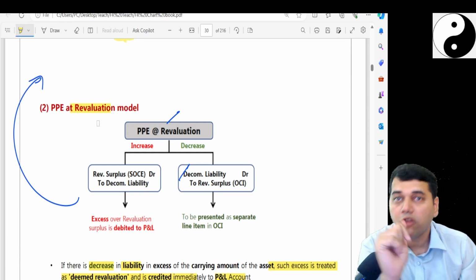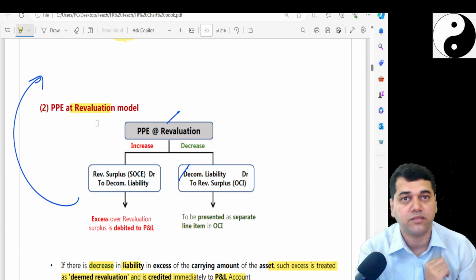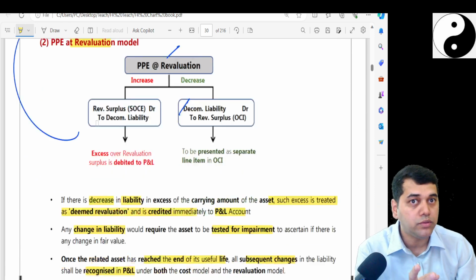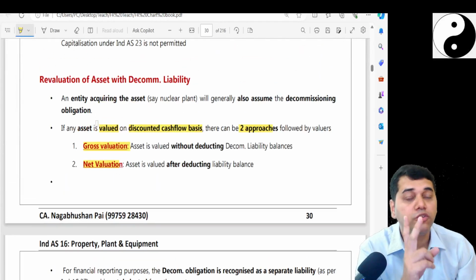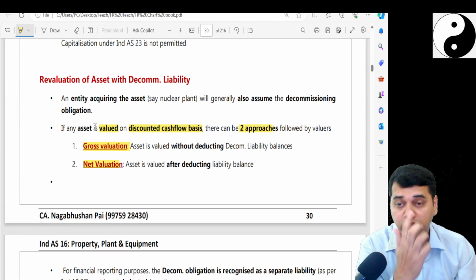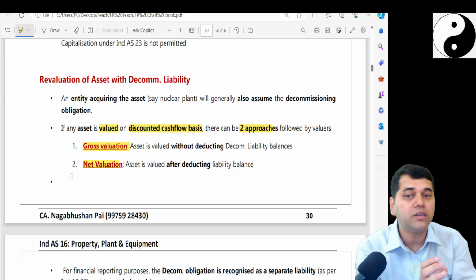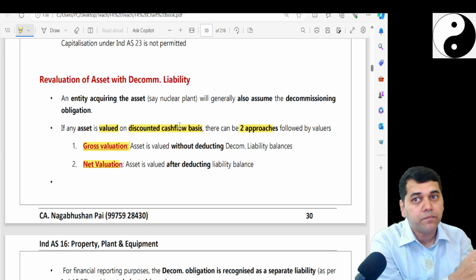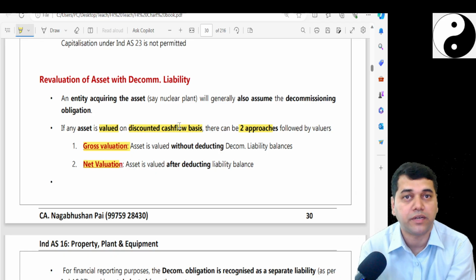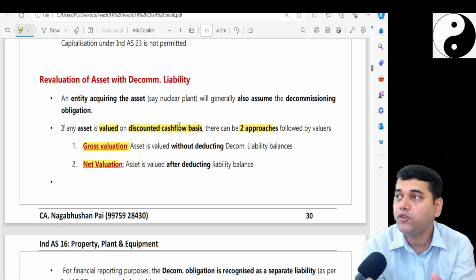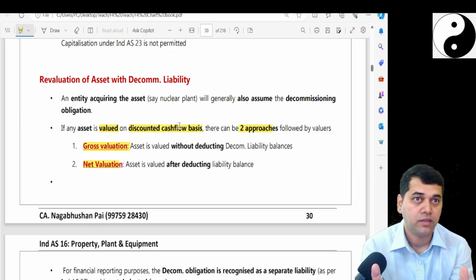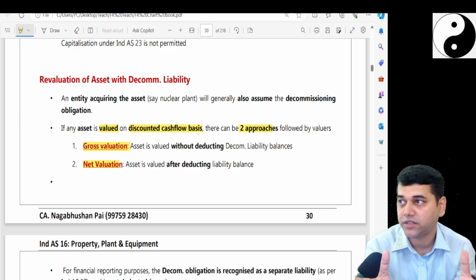Now, when you call the valuer, sir, please come and value my asset. And when they value, they follow two approaches. You have to look into the question which approach they follow. It's called a gross valuation or a net valuation. In a gross valuation, they will value the asset separately, they will value the liability separately, and they will give you two different figures,